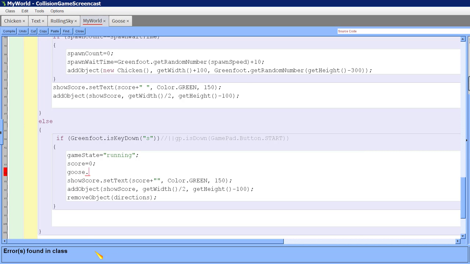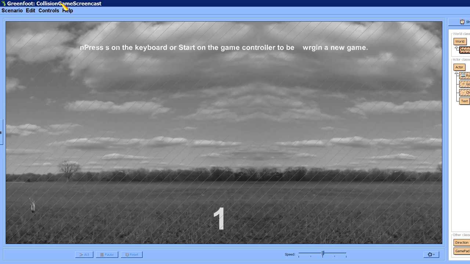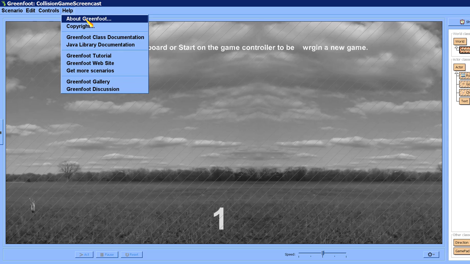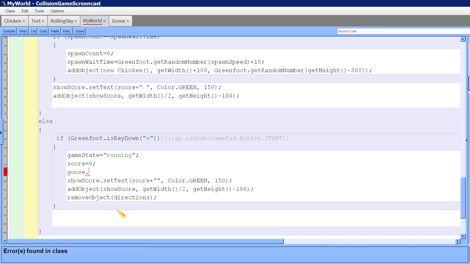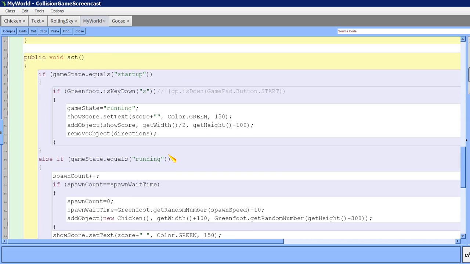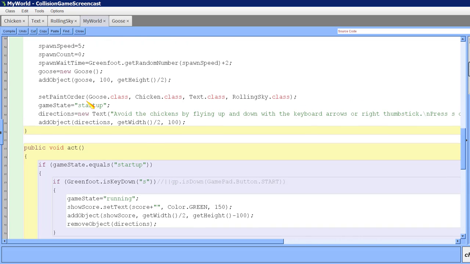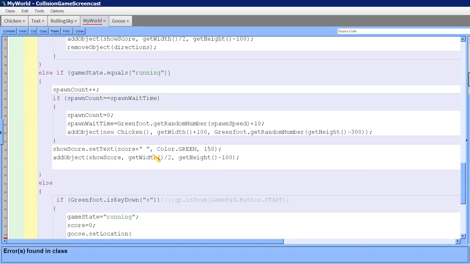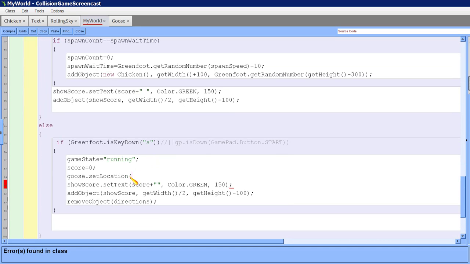Let me go to my world class and go to how you set. Oh yeah, it is set location. Now I remember. Okay, so it's goose dot set location, and then it would be wherever I added him to the world originally, which was 100, get height divided by 2. So I go down and I do,